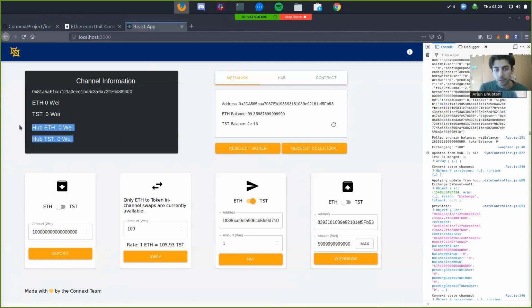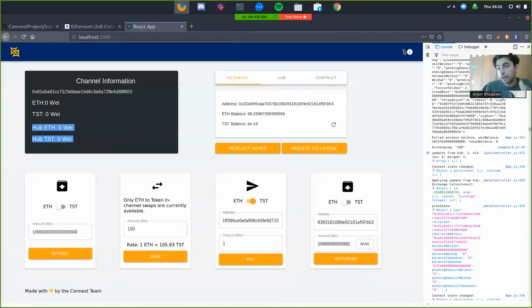That's because hubs are sort of configured to automatically attempt to rebalance channels anytime that they can. So with deposit and withdraw, what you're really doing is something called an authorized update. That authorized update can be really anything. So what you can do is you can batch a withdrawal transaction, a deposit transaction, a swap transaction, and a hub's withdrawal all into one on-chain transaction, which is really, really awesome for user experience, and allows us to do